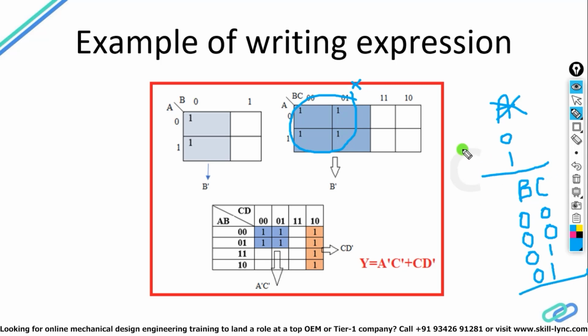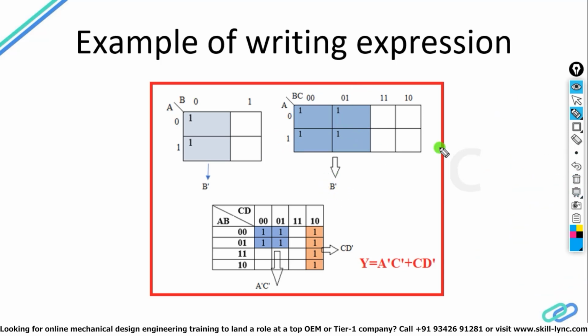Any issue with this? See what I have done? I have extracted the group, and after extraction of the group, I have started to look on the left side as well as on the top side. On the left side, I come to know that this one belongs to A, which has different values 0 or 1. Nothing is in common, so I am leaving the A. For the above side, BC, I have noted down all the values. Now is anything common? Yes. This 0 is in common and this 0 belongs to B, so B bar is the answer. That's why here it is written B bar.